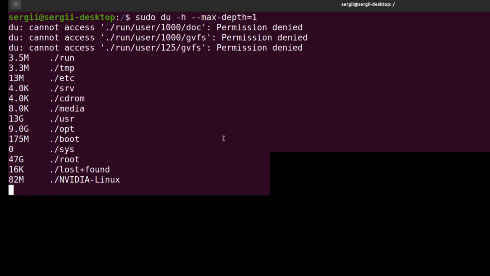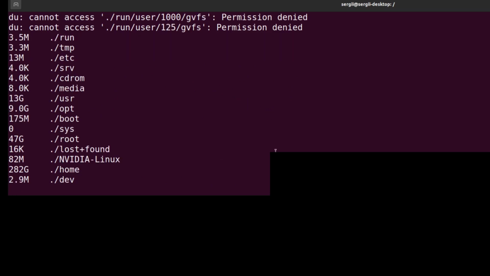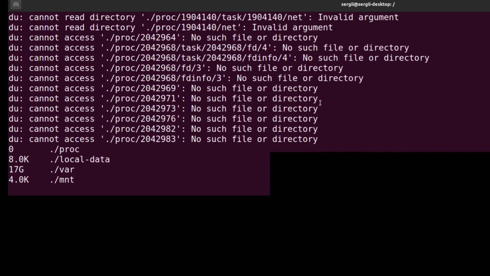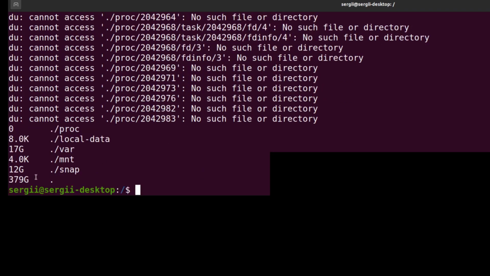Let's see how much space it takes now. Before it was 20 gigabytes for Snap. Right now it's 12 gigabytes. Okay, so it's much better than before. And so I can use this script periodically. Okay, so I hope this helps. Thank you.